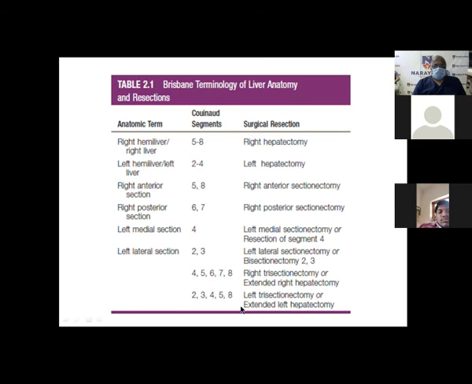Out of all this, the major sections are 2, 3, 4, 5 and 8. Why? Because the moment you come to the right lobe of the liver, the amount of parenchyma to be divided is much bigger. We are likely to cause ischemic changes in the residual liver, what you're going to keep. So you have to be careful. It has to be done in selective cases. This is the major liver section, whereas this is segment 4, not very thick. This is the next major. The rest of the things are routine surgeries.